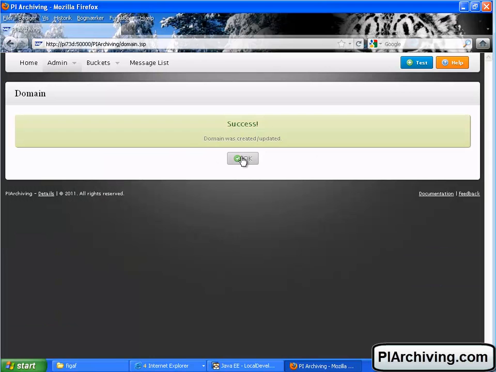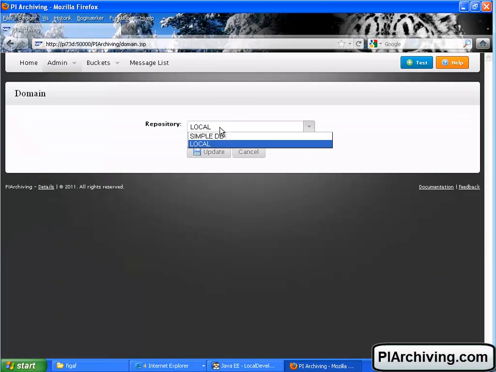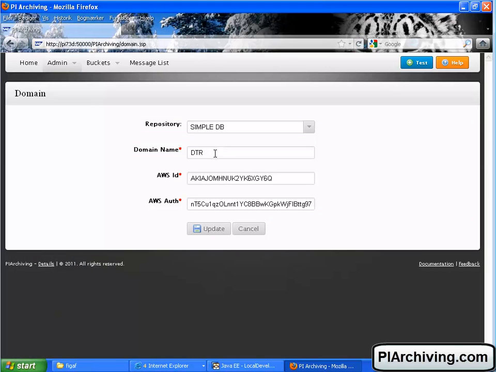SimpleDB is Amazon's definition of a cloud-based database. In here you can create a domain where you want to store the data. The domain is actually just a place where you can put different buckets of information in. And here we just have created some domain,